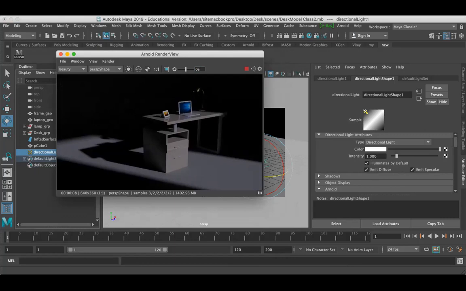I want to do some composition. The composition for the table here, and I want to focus on my laptop beautifully. This is my frame. So guys, you can do lighting. You can put 4 or 5 lights, render it, and get awesome outputs. But there should be a purpose. My purpose is I want to show my laptop on the desk, on the table, beautifully so that it composes well in my scene.